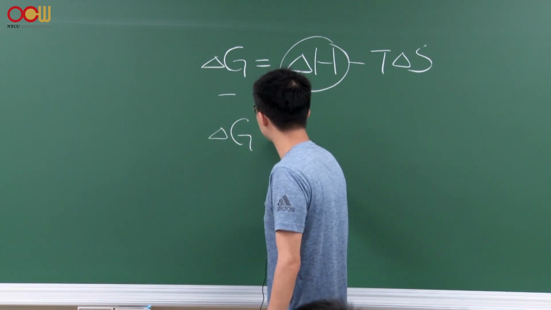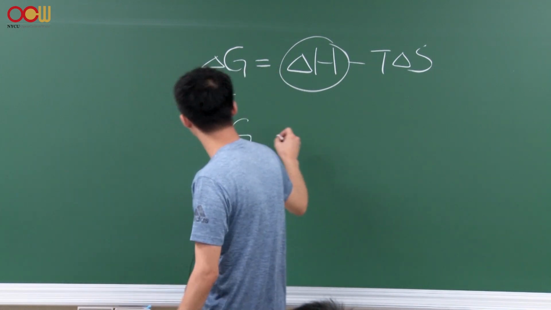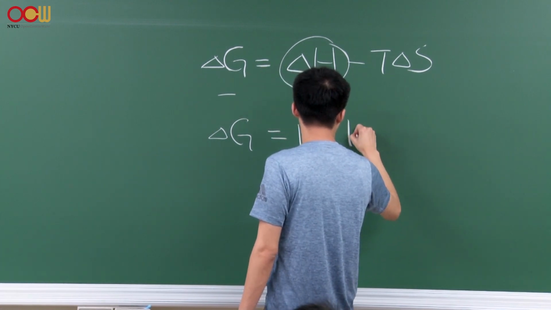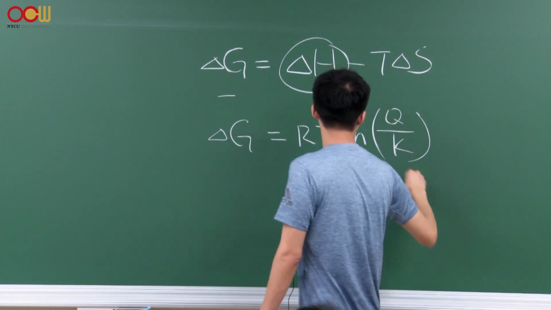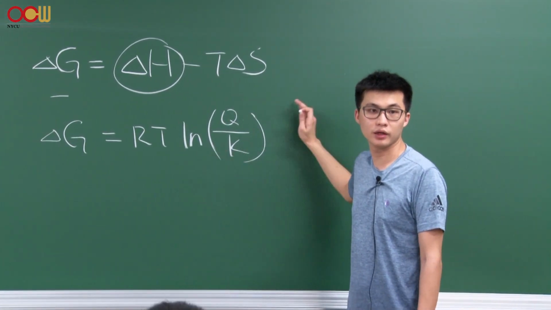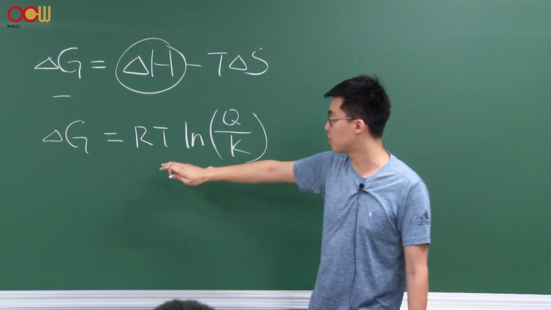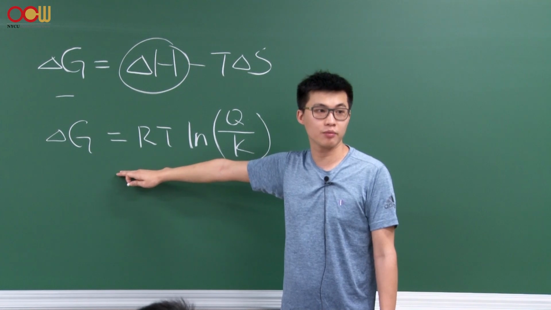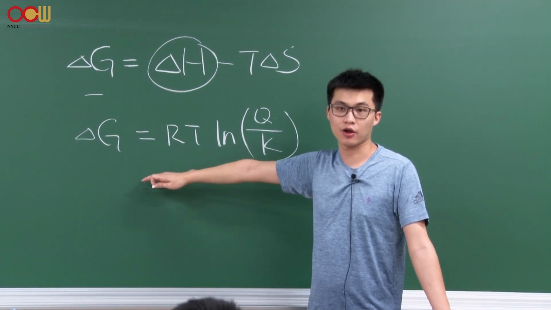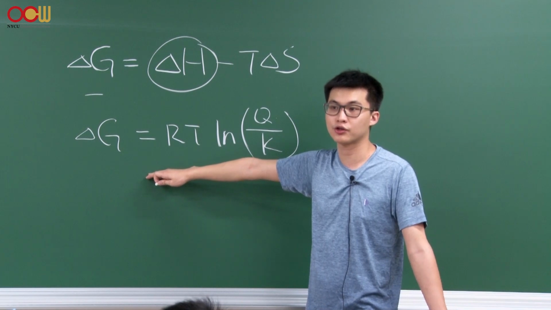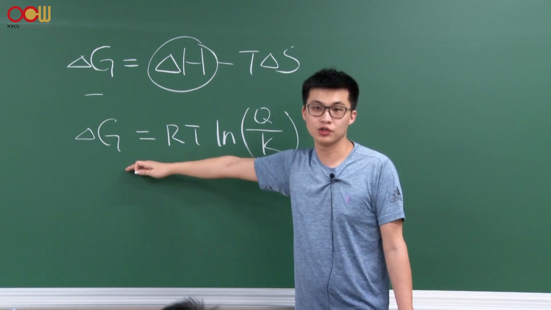So for delta G, similarly, you can get delta G is equal to RT, and if Q equals K, this term will become 1. So that satisfies your assumption that at chemical equilibrium, at infinite time, when there's no more reaction that could happen or drive, and no more energy available to drive such a reaction, you will get a delta G of 0,